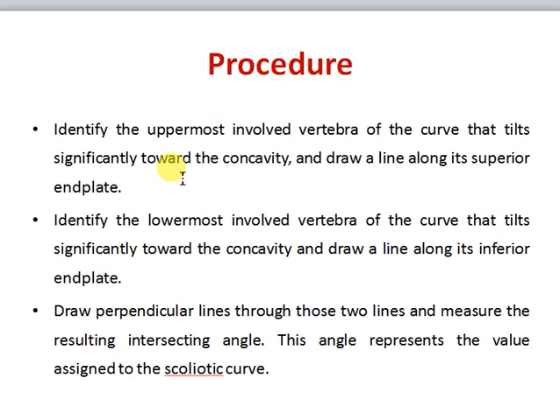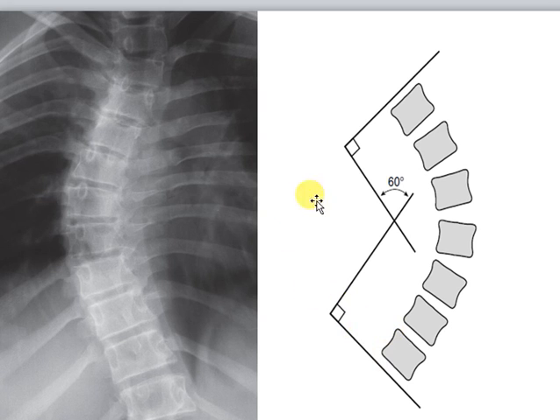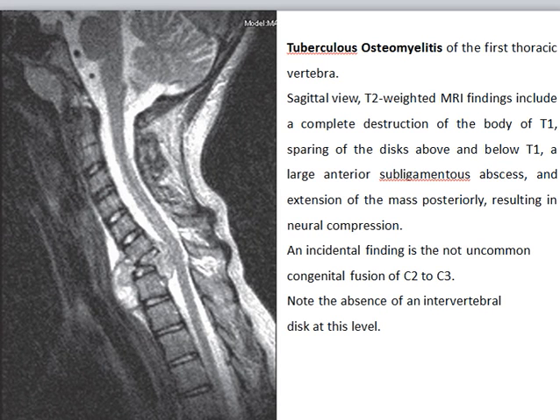You can stop or pause this video to read it, but the simplest way is that you need to find the vertebra having the vertebral body which is aligned maximum, and then on the upper side as well as on the lower side you need to draw these lines, and then you need to intersect these lines, and the angle will be the Cobb's angle. If it is more than 30 degree, then there is the need for surgery, and if it is less than 30 degree, then it can be managed conservatively.